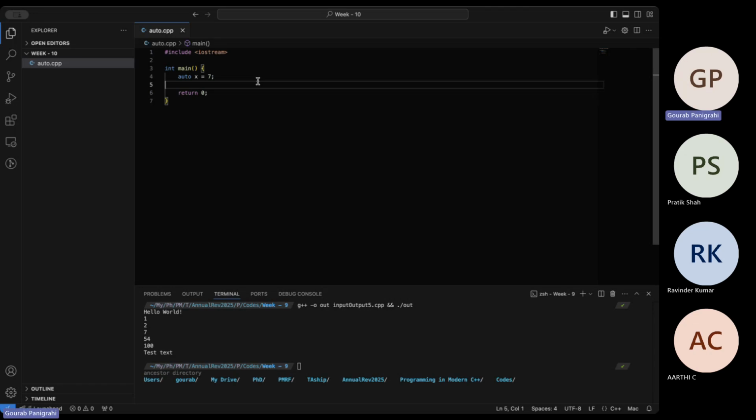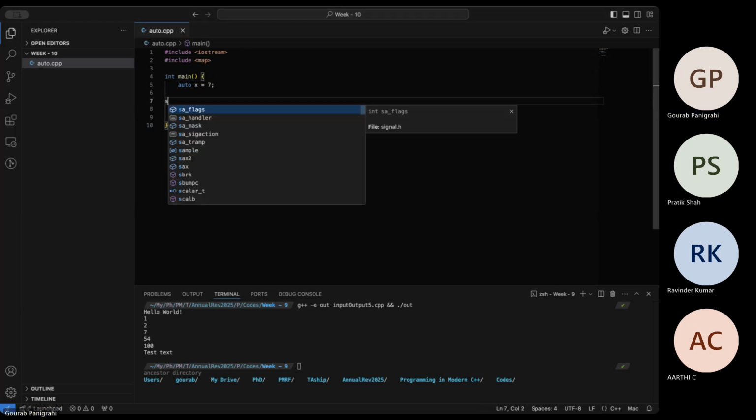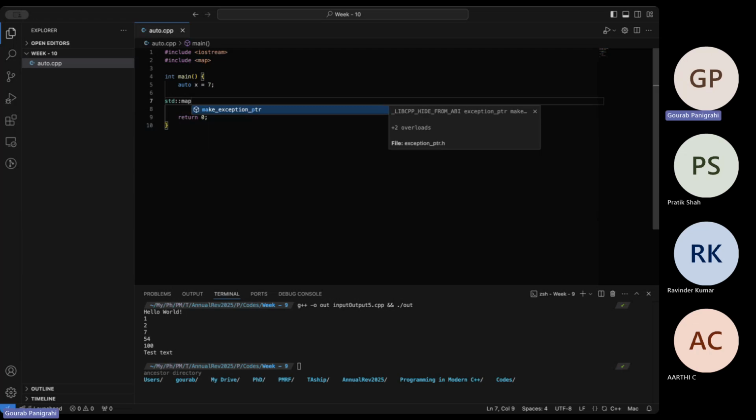Now you might think, if I know the type of x is 7, I can just write integer. I really don't need to write auto, right? True, but sometimes the type itself becomes very complicated, as in very long. In those cases, you might want to write auto. I'll give an example. I think it's called map. So standard map. Okay, before that,